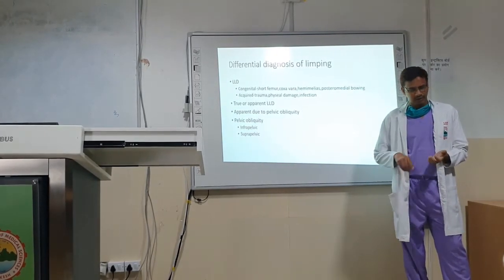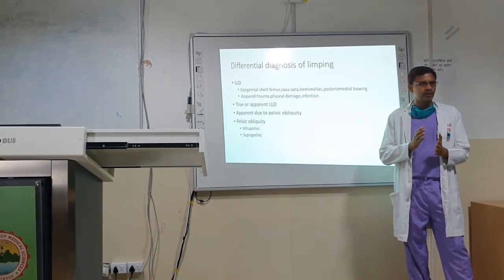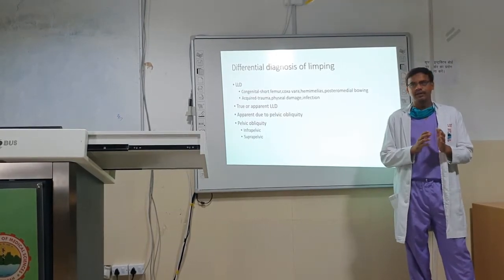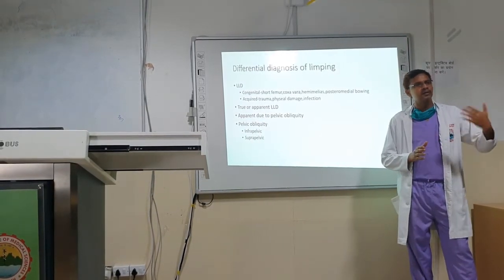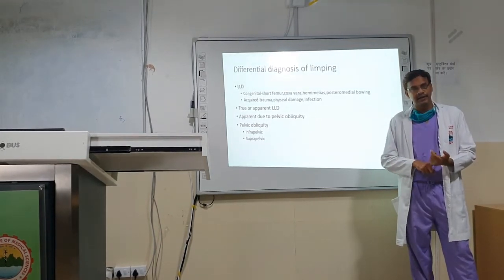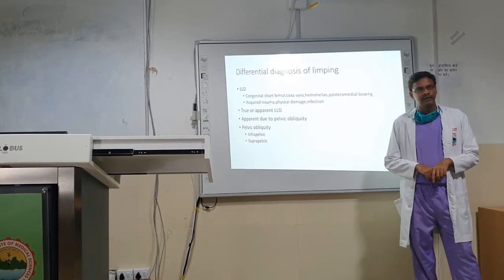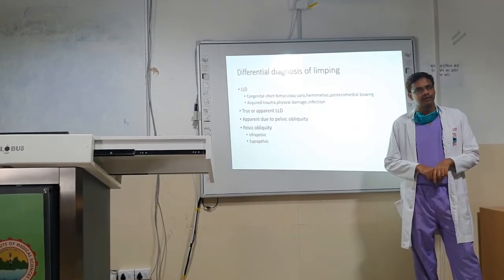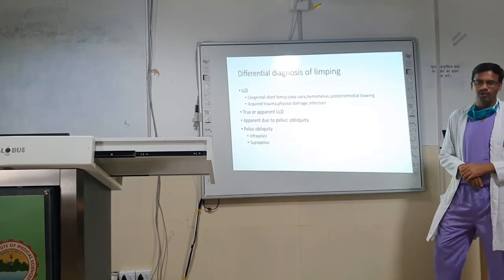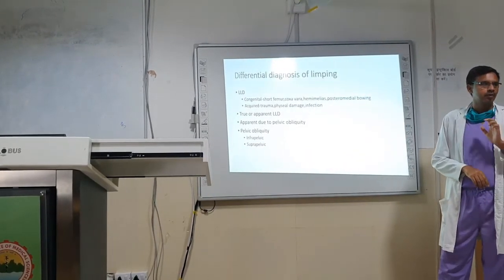Okay, so if there is abduction contracture, there will be pelvic obliquity, there will be apparent lengthening of the limb. Okay, the ASIS will be lower than the opposite side, while the reverse will be true in adduction contracture, so that there will be apparent shortening and there will be abnormal position of ASIS. So all these are important causes of infrapelvic pelvic obliquity.